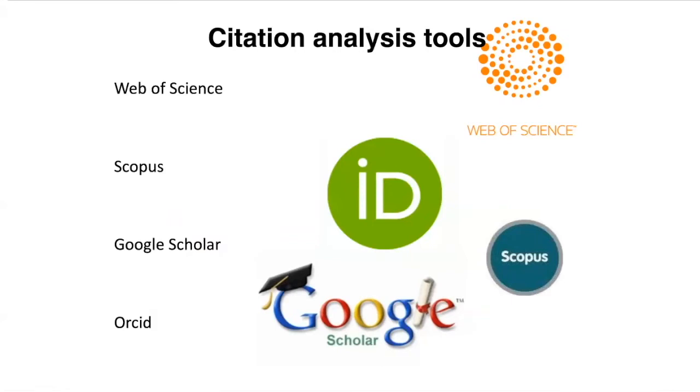So if you're not involved in using citation analysis tools in your own research career, in your own daily lives, then we do recommend that things like ORCID IDs, Google Scholar profiles, if that's possible, should be developed, should be used. Why? Because these make you much more discoverable. These make your research much more findable and therefore much more talked about by researchers around the world.